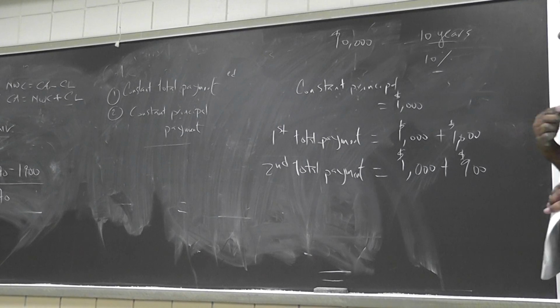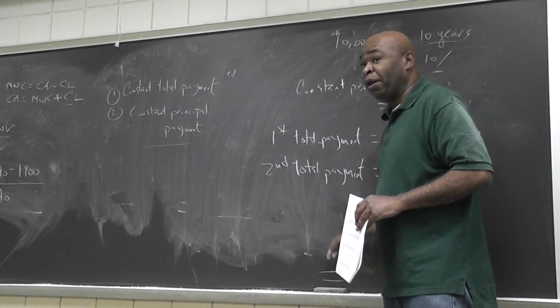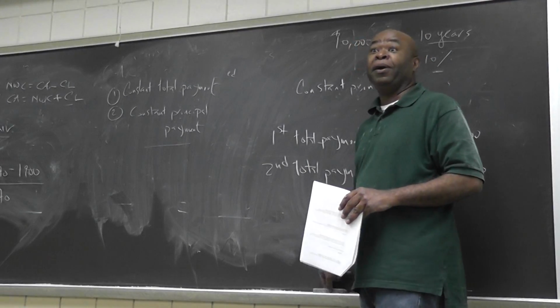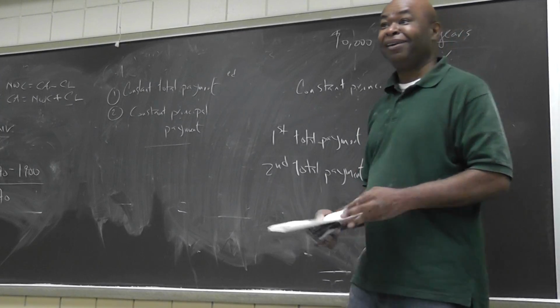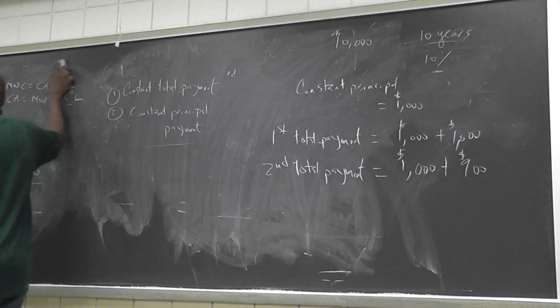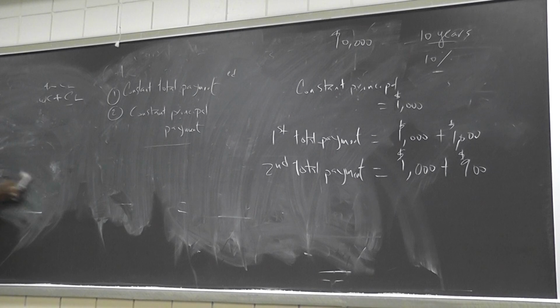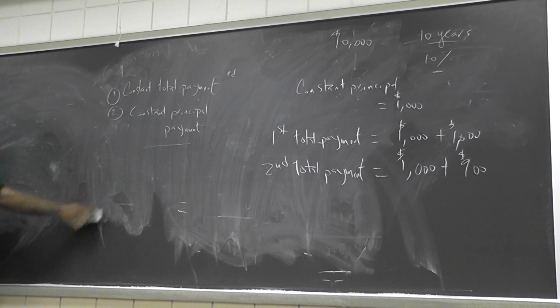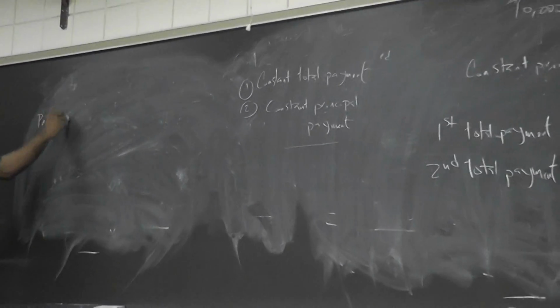Now, for this one, if I wanted to do a constant total payment, then I would have to use the annuity formula, right? Then it would be this. I'm looking for my total payment so that the loan